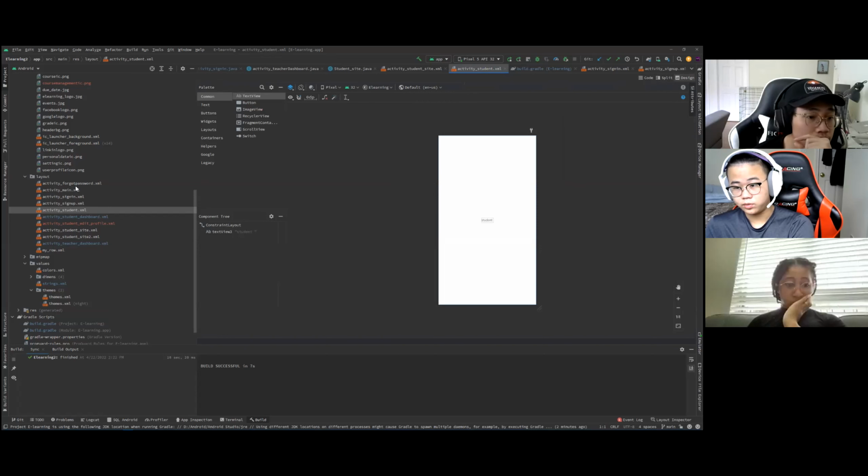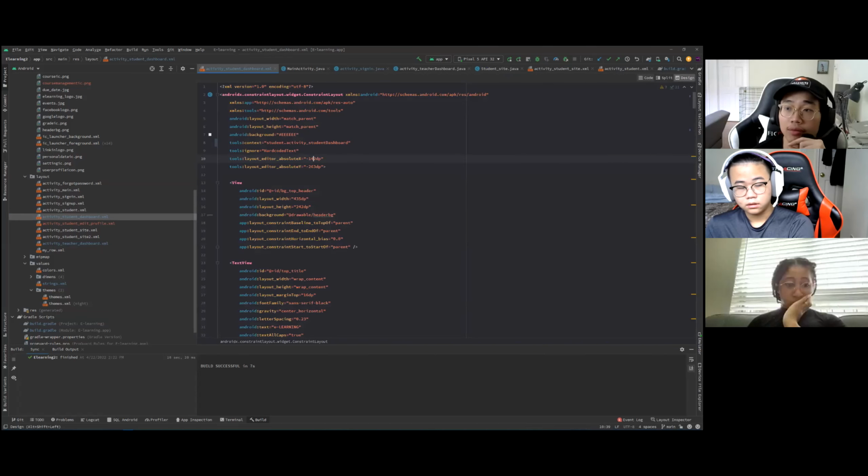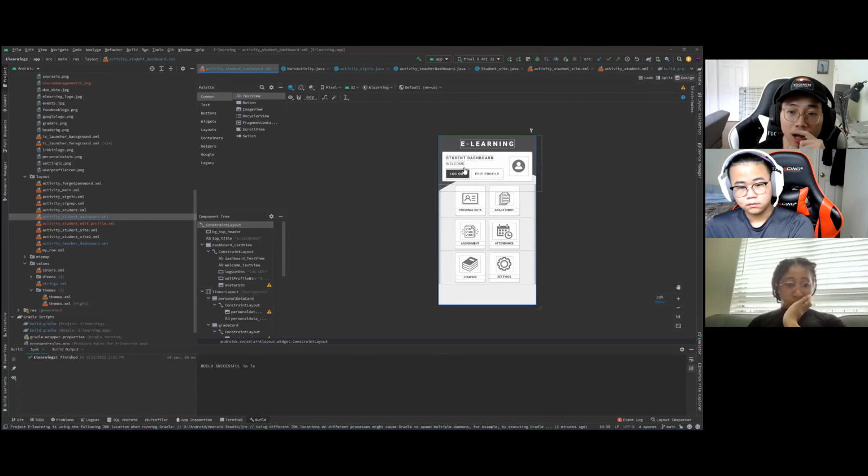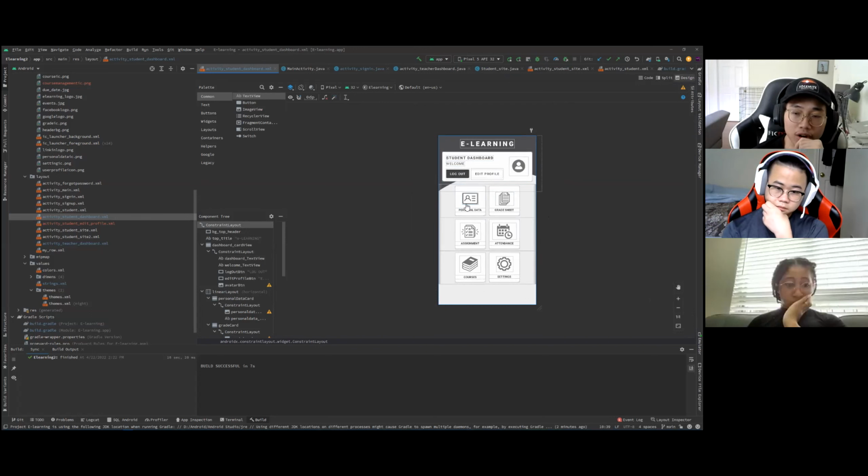We haven't worked on this part. Oh yeah, I have the student dashboard right here, which has the logout button and edit profile. If the user hits the logout button, it goes back to the sign in page. In edit profile, we have the functionality to edit the name, age, or change the profile picture. Then I have the personal data, which is just a read-only page. If the user clicks on that, it shows all the information of the student,